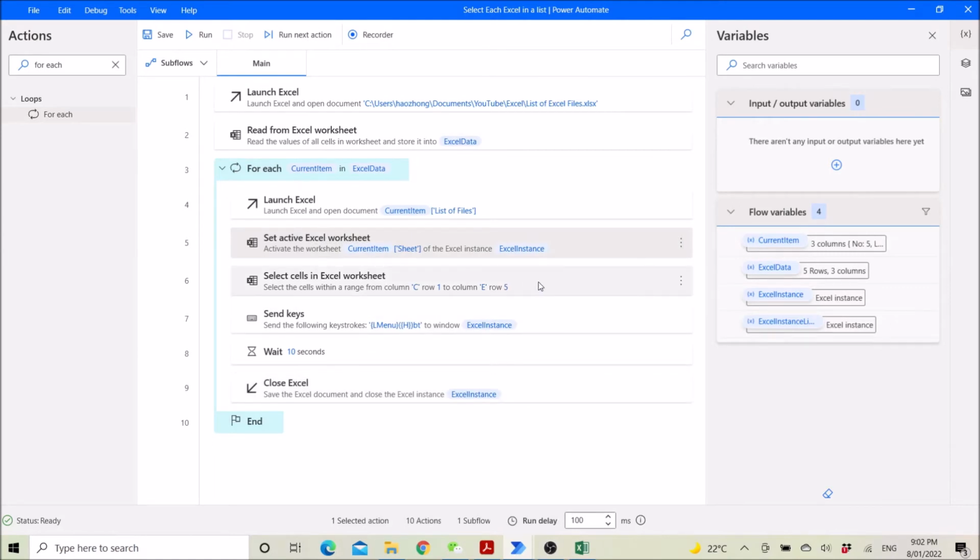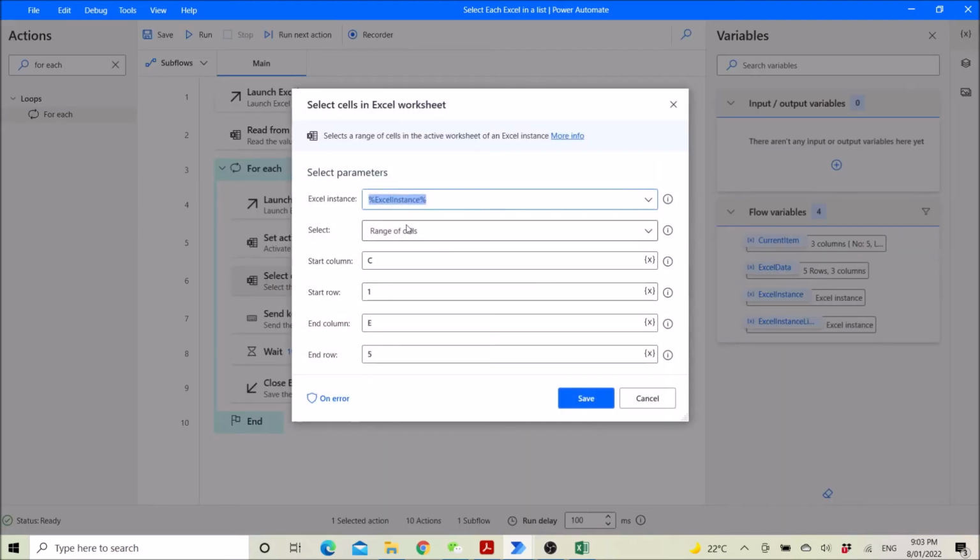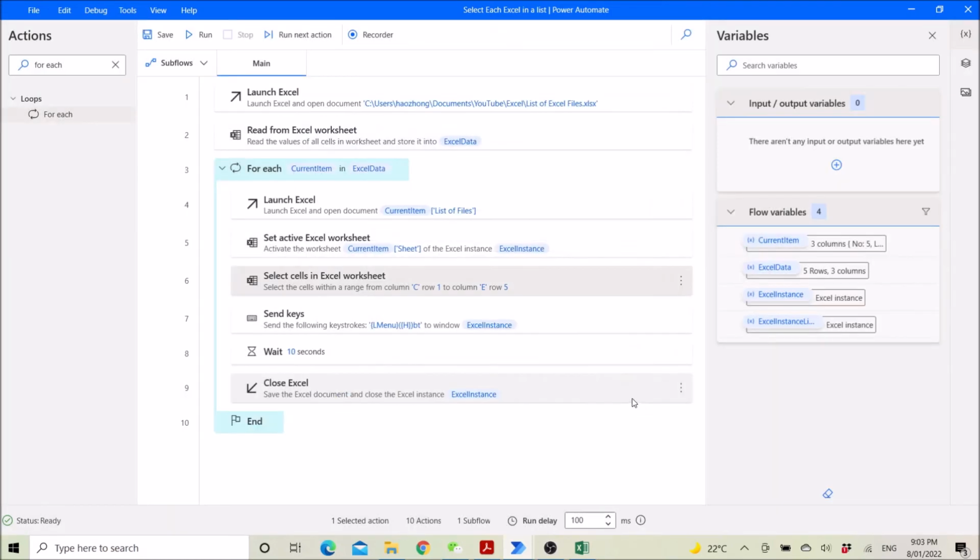Then you can ask Power Automate to go to the Excel instance, right, which is the sheet, and then select range of cells. This is whatever you want to do with Power Automate. So for this instance, I just want to highlight some borders on this range of cells, C1 to E5. Then